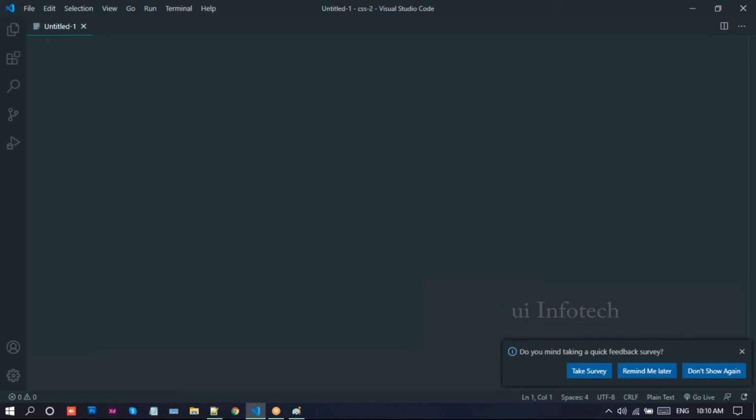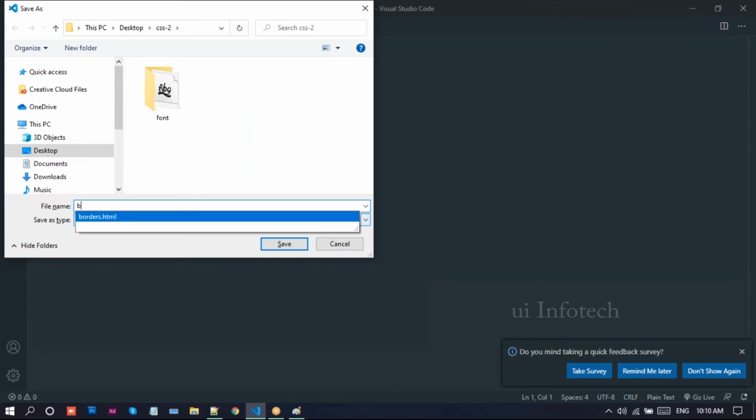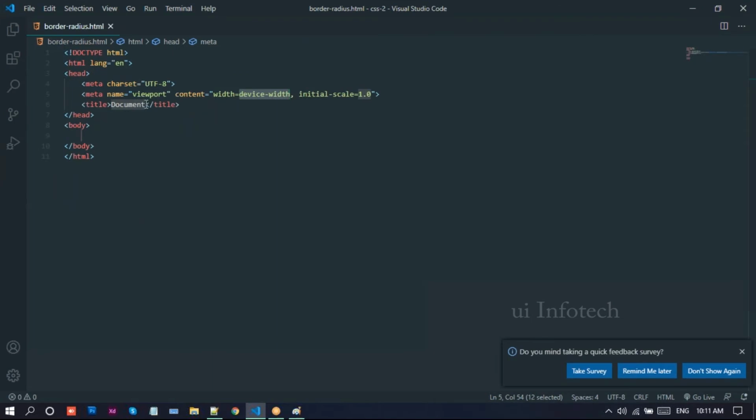Here I'll make a new program and save it as border radius.html. Now I'll create this new program and write border radius as the heading, and below that